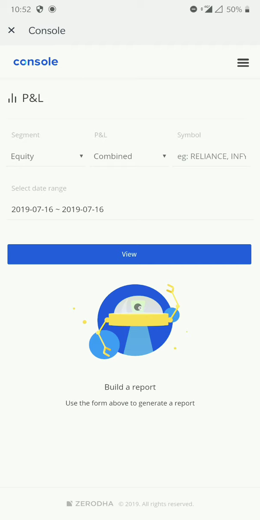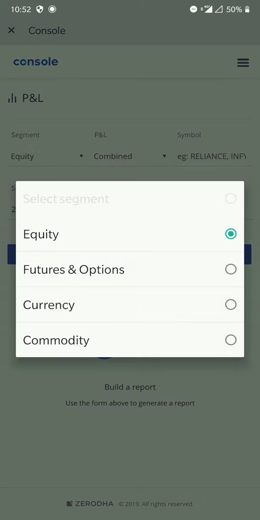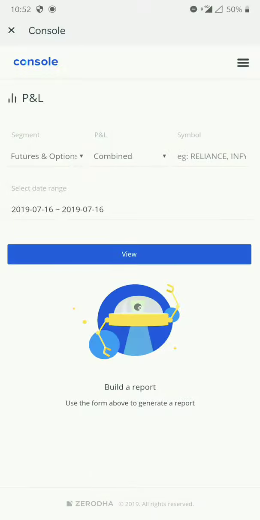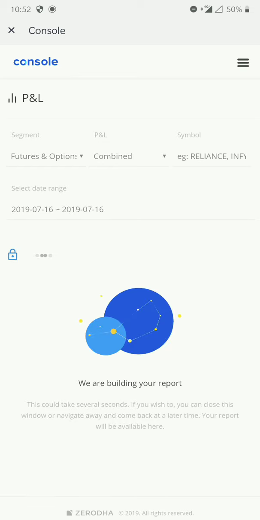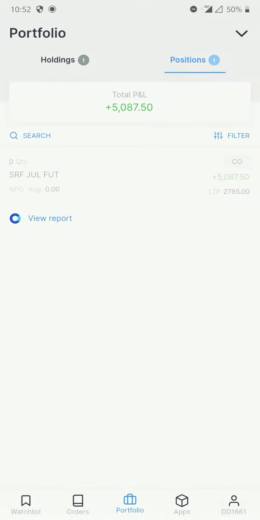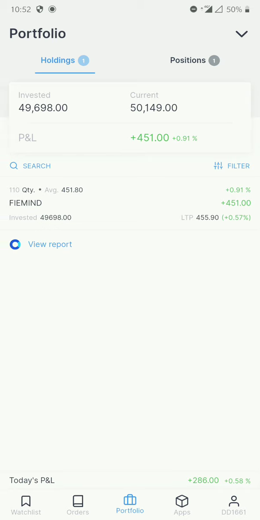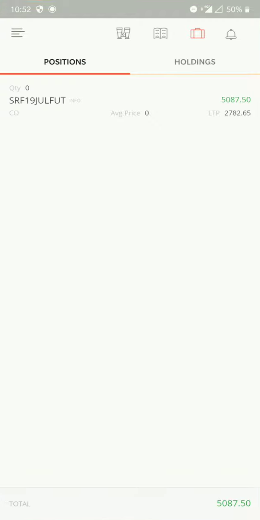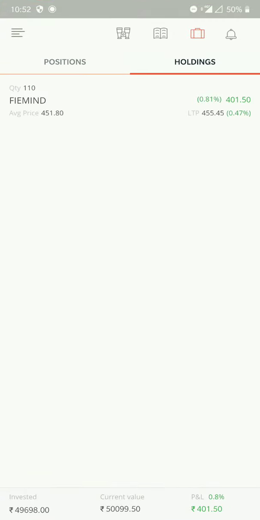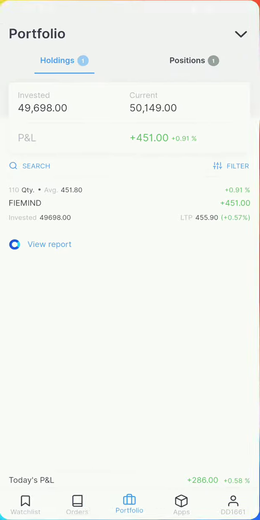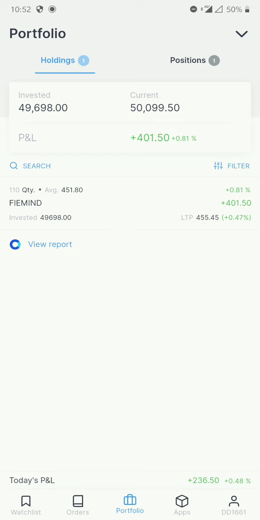I think by evening it will update. So if you click on your futures and options and then hit, you will get to know what is your profit in the evening. After post brokerage it will get updated. And also on the holdings, you can check your holdings report directly, you don't need to search. Previously I didn't have an option for positions or holdings to check my reports. Now I can directly click on this view report and check my holding reports also. So everything is made easier, everything in one application itself.